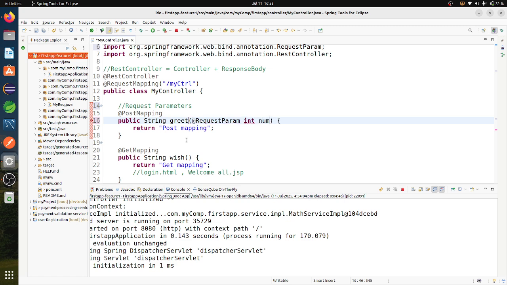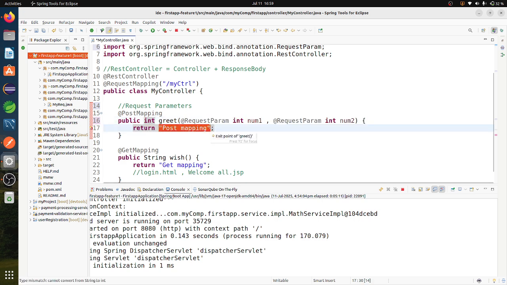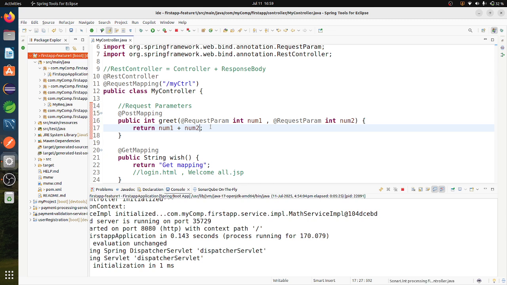I want to take some int values, and I want to return an int value. So the sum of the parameter values I want to return.